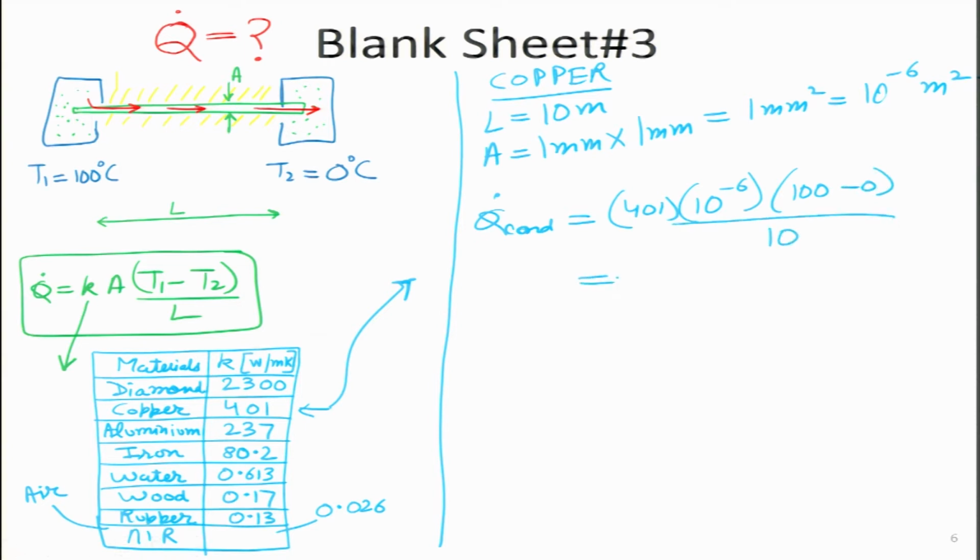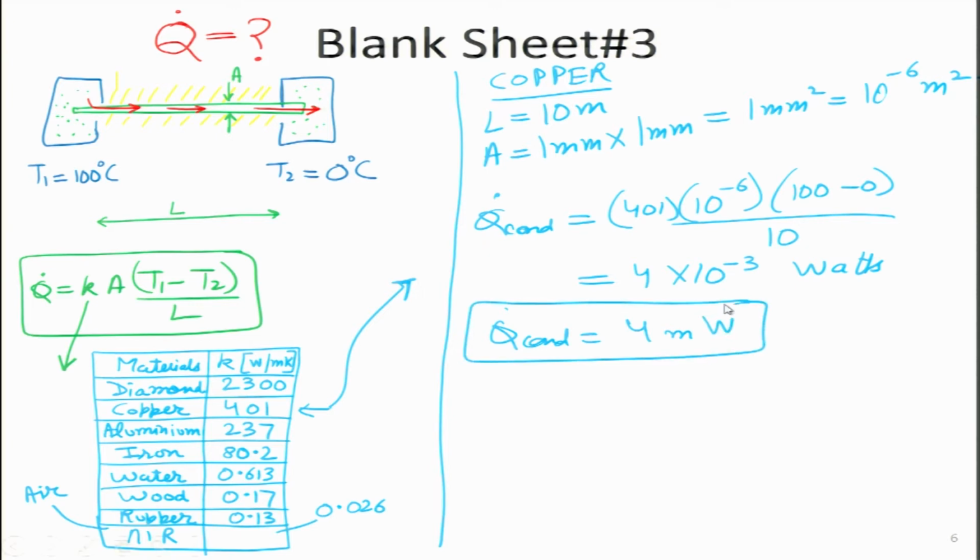And if we do this arithmetic over here, I think what we will get is something like 4 into 10 to the power minus 3 watts. So, essentially we will get a very small number. So, I can write it in short form as 4 milliwatts. So, if we ask ourselves a question, because we are trying to understand what exactly is happening over there, the two bodies which are very, very hot, they are connected with a very good thermal conductor like copper in this particular case, but only 4 milliwatts of heat transfer is taking place across it. So, we should ask ourselves what are the parameters which are actually leading to this very small value.